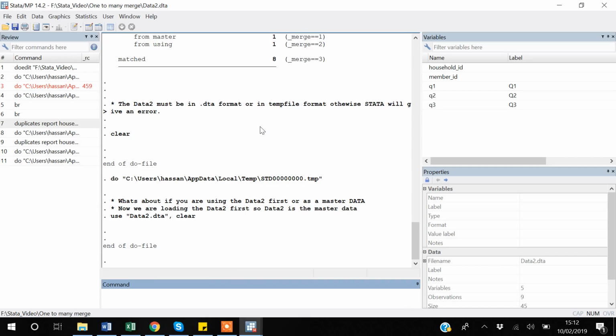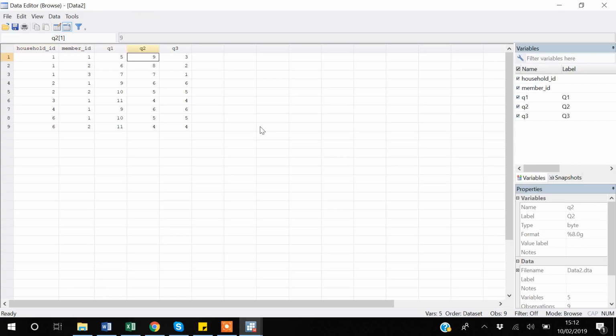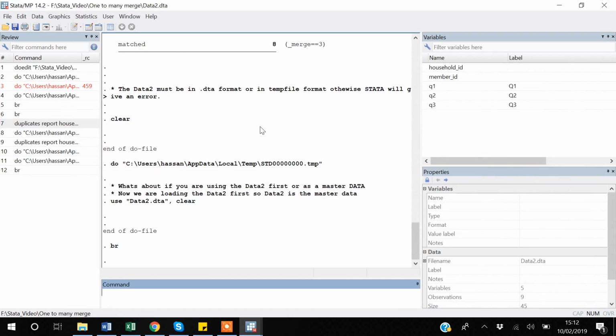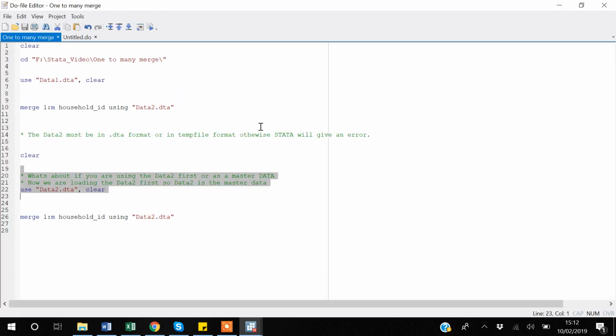This is data2, which has both household ID and member ID. I can browse it. So I uploaded data2 first, and now if I try to merge data2 with data1, sorry, if I have to change it here, so if I merge it now,